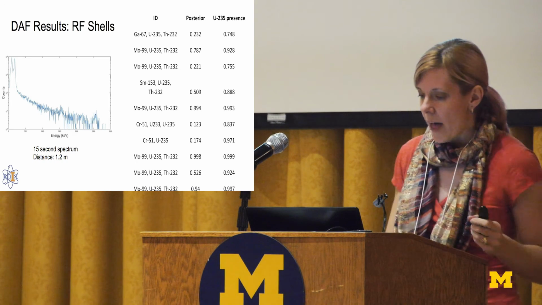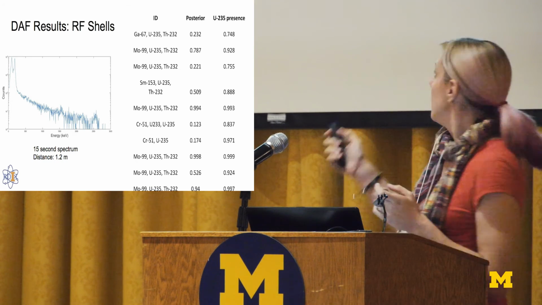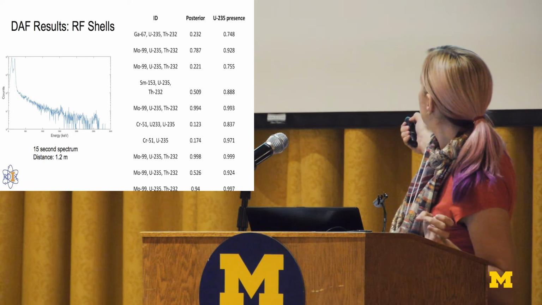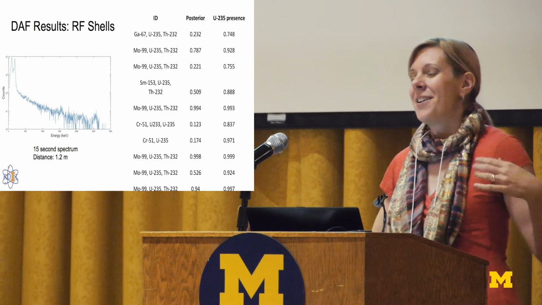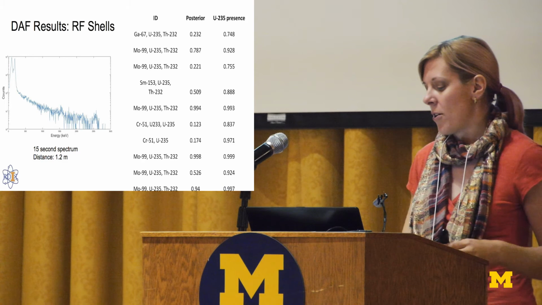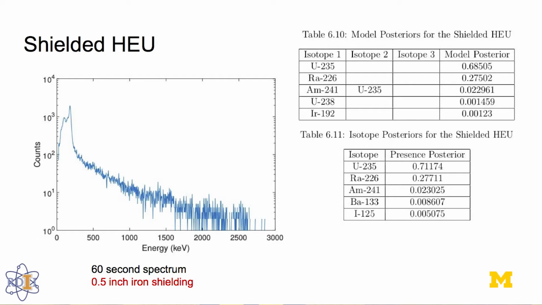It's actually a lot harder than that, though, because you have to look at, okay, this top one here, I got the uranium and I got the thorium. Do I really care that it got that gallium? Is that a correct identification or no? So here's shielded HEU. I just have to show this really quick. 60 seconds through a half inch of iron, and our model with the highest probability is straight U-235, which is